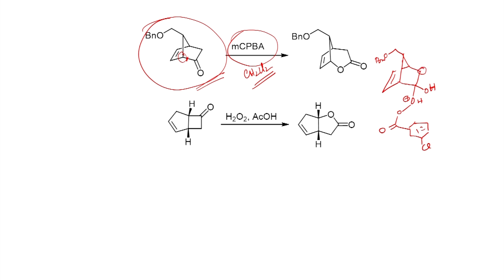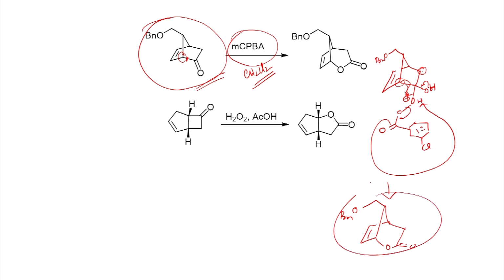Now, this carbon or this carbon can migrate. If you compare the nucleophilicity of this carbon and this one, this is more nucleophilic, so it can migrate here, and this can be facilitated by this. Once it migrates here, this can come here, this can pick up this proton, and then you will be able to form this lactone as the product.